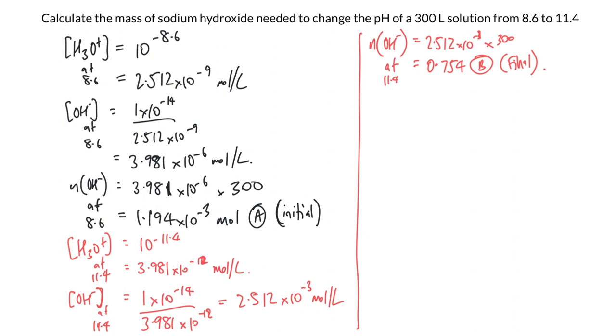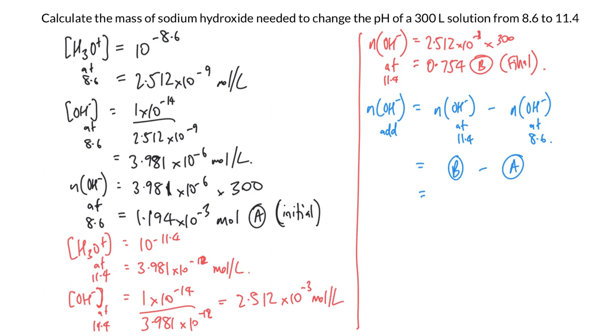So we know how much there needs to be at the end. We know how much there was at the beginning. We can work out how much we need to add to it. So the number of moles of OH minus we need to add will be equal to the number of moles of OH minus at 11.4, subtract the number of moles of OH minus at 8.6. It's effectively how much we need at the end, take away how much we started with. And that's how much we need to add. So it's going to be B take away A, which happens to be